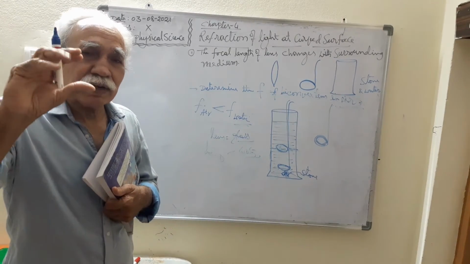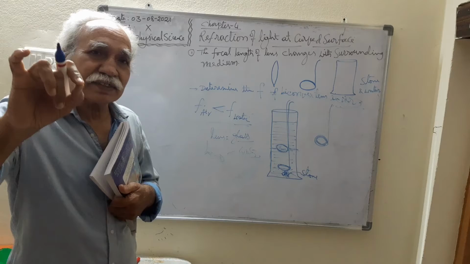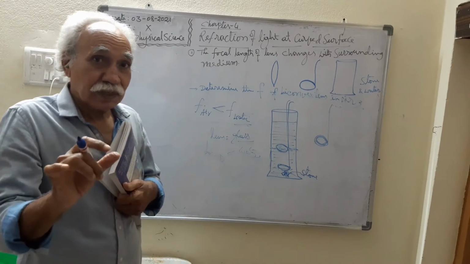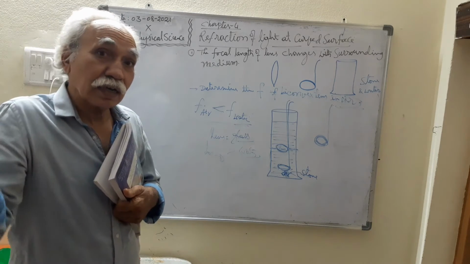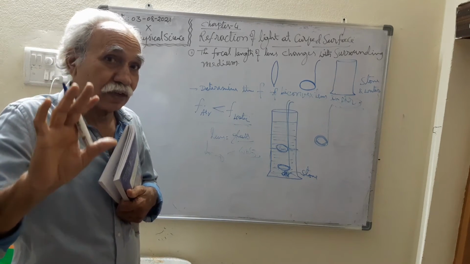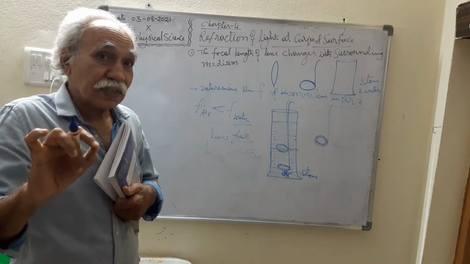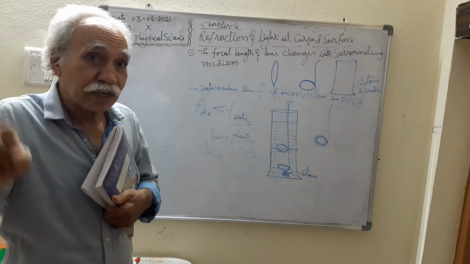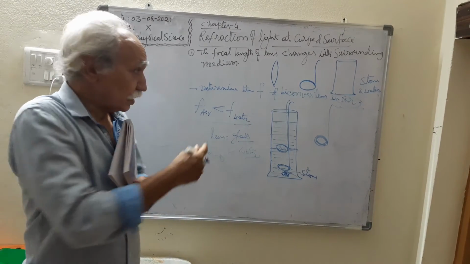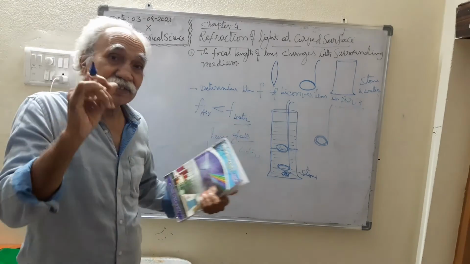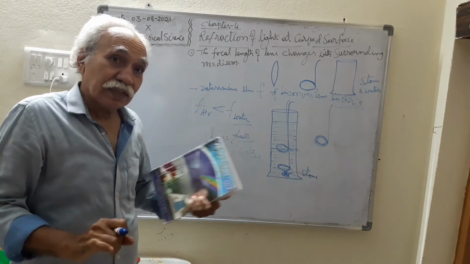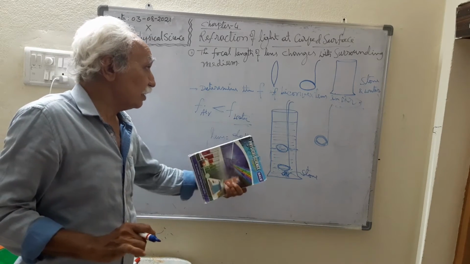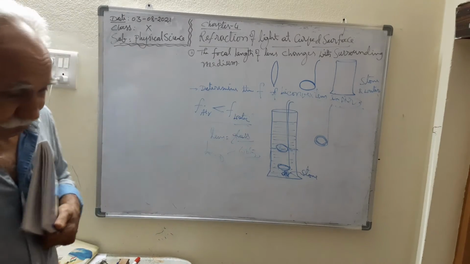When you see that the air bubble contains air, it has a lower optical density than water. In that case, the air bubble acts as a concave lens. Why? Because the optical density of the air bubble is less than the surrounding water. But in this case, the glass optical density is greater than water. Hence, that biconvex glass is a converging lens. This is the point.